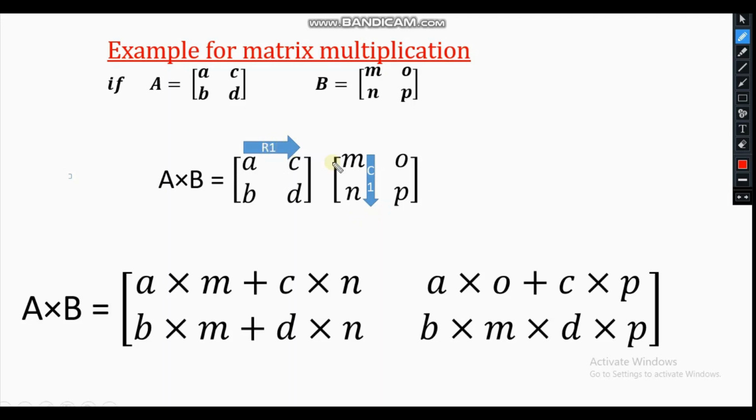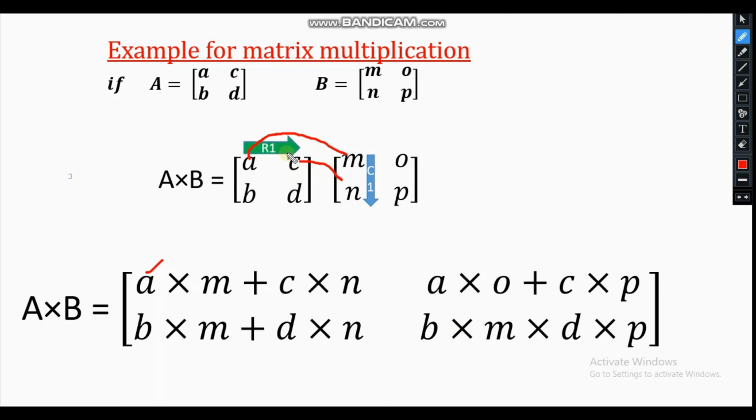First row multiplied by first column. So A multiplied by M, and C multiplied by N. So we can multiply in this method: A is the first row and C is the first row. We will multiply the first column, A times M, and a plus sign when we multiply the next element with the next column element. So C multiplied by N. Now again we will multiply